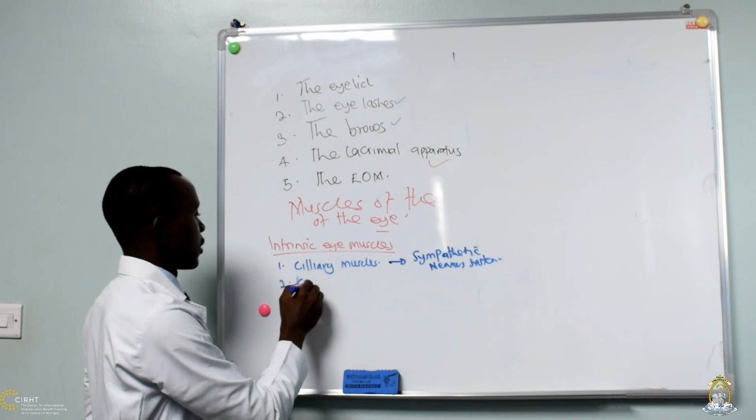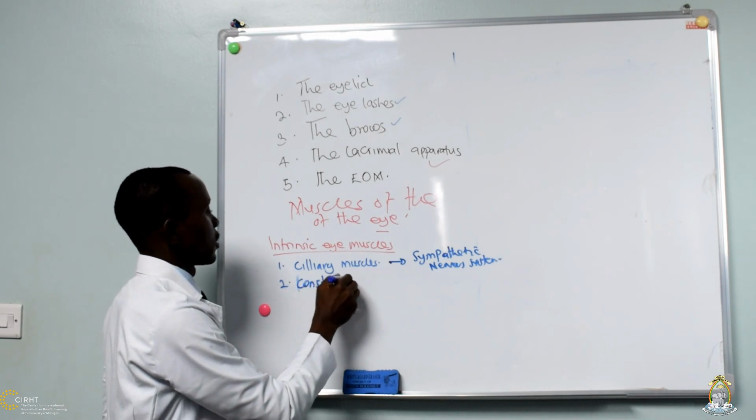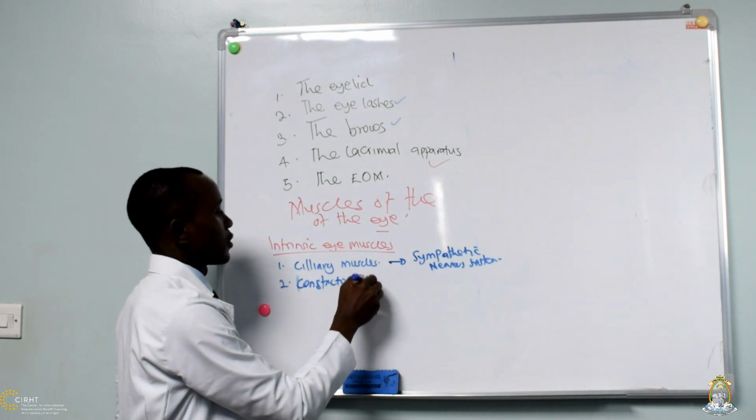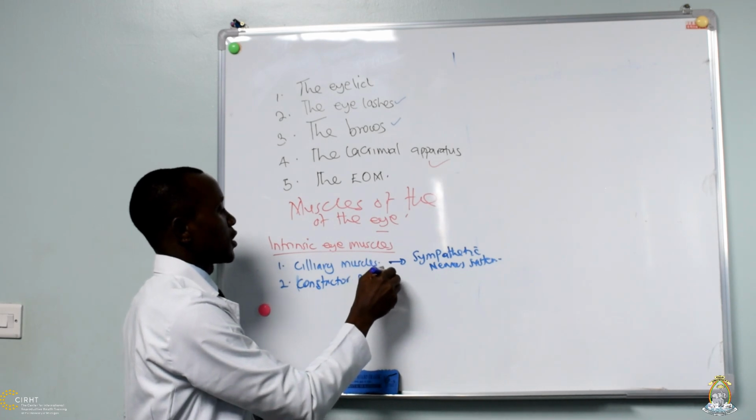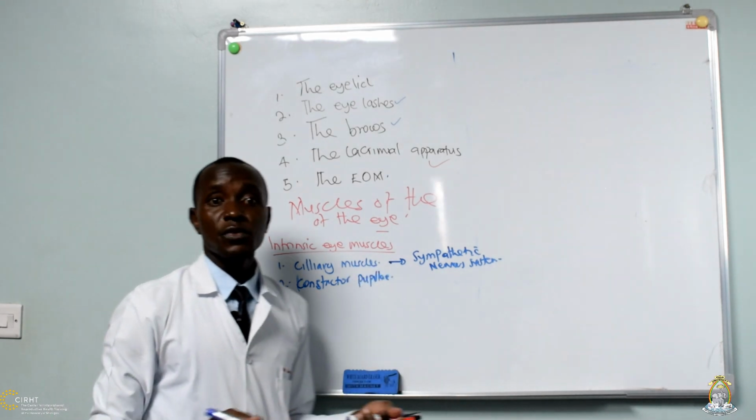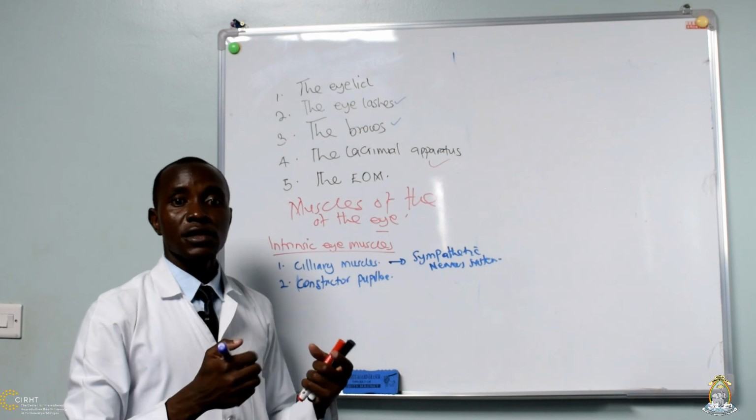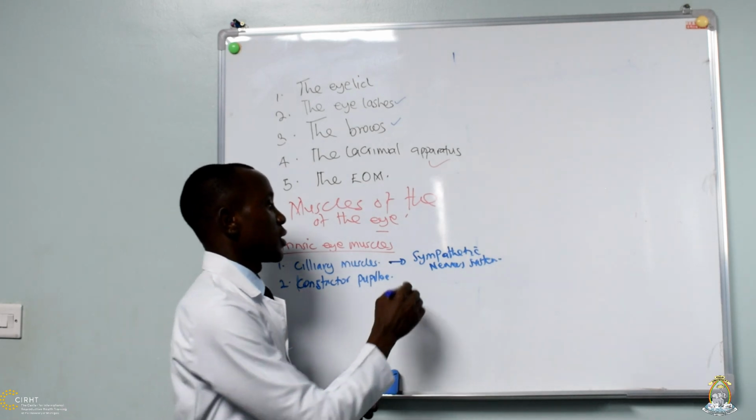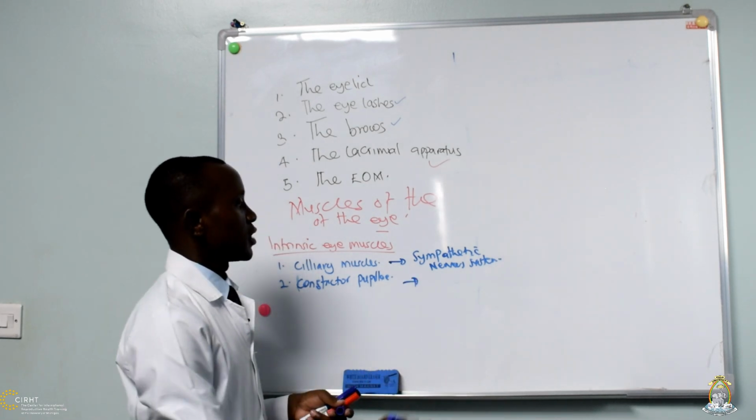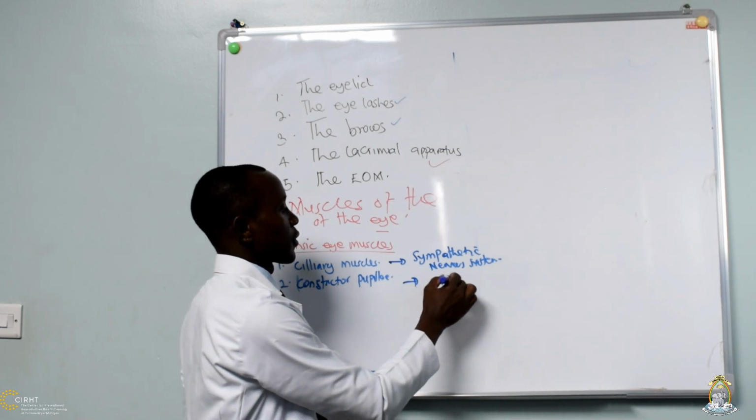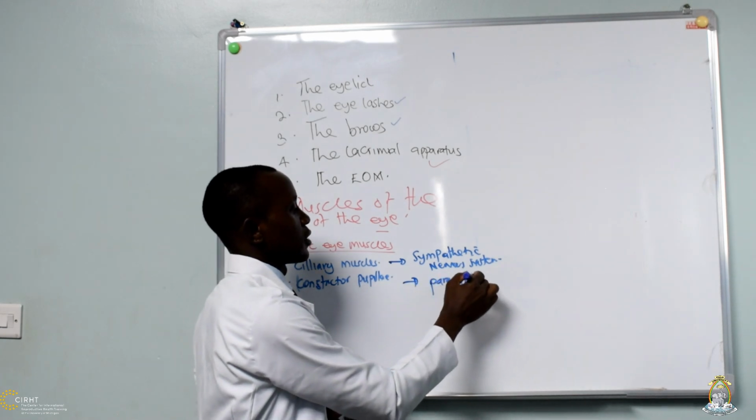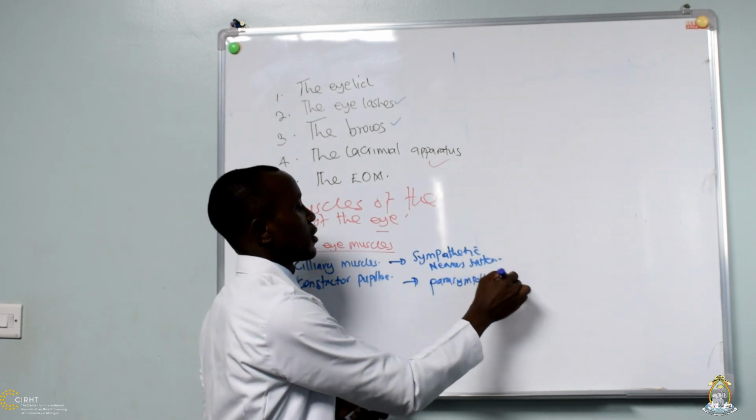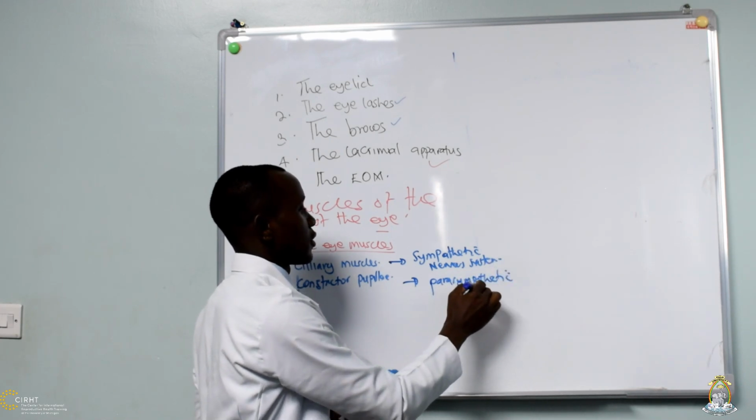Now, the next intrinsic eye muscle is the constrictor pupillae. Constrictor pupillae, its function is to constrict the pupil, okay? And it is innervated by the parasympathetic nervous system,